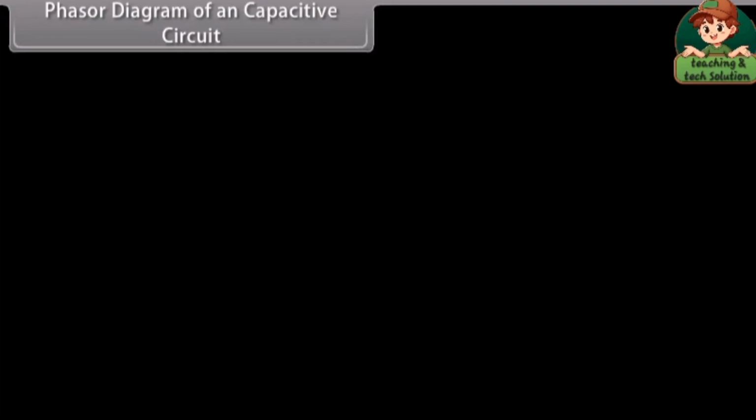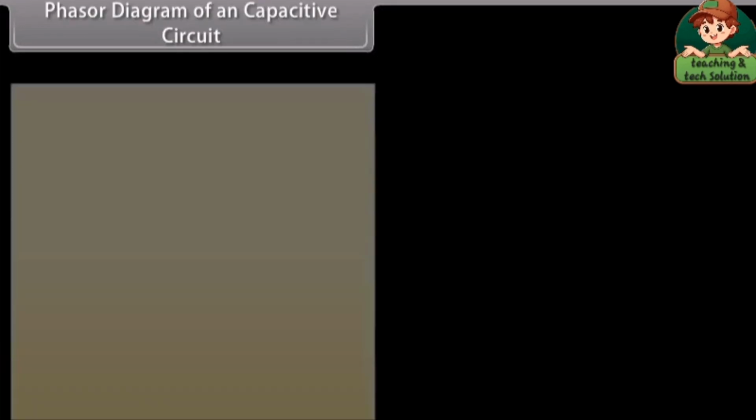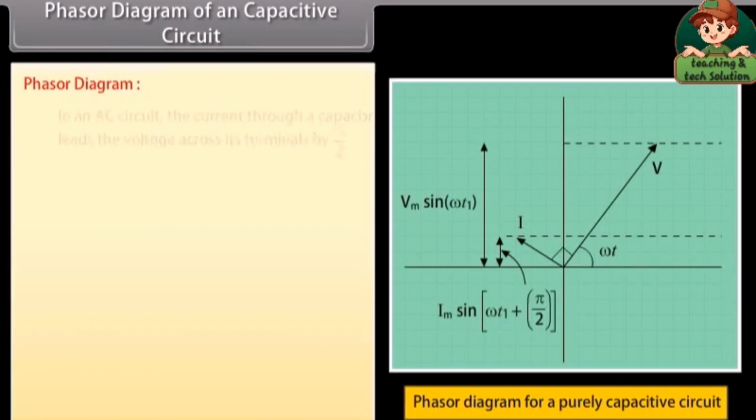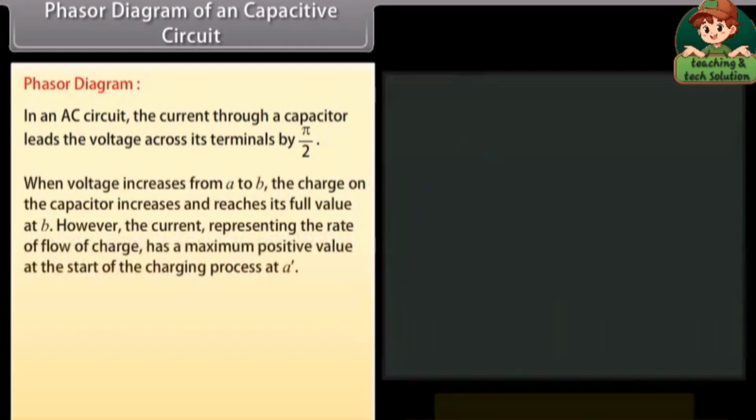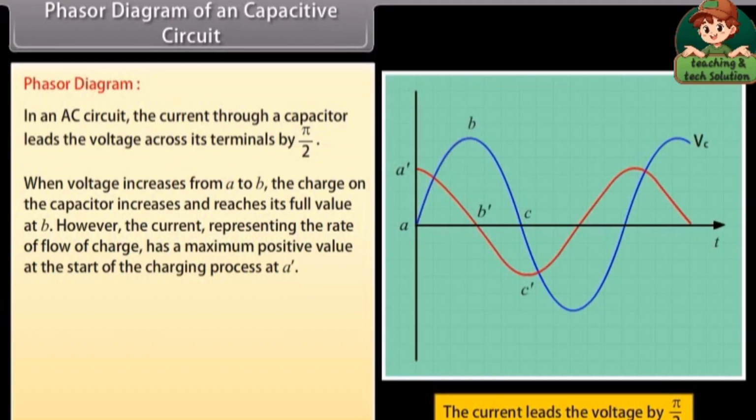Phasor diagram of a capacitive circuit. In an AC circuit, the current through a capacitor leads the voltage across its terminals by pi by 2. When voltage increases from A to B, the charge on the capacitor increases and reaches its full value at B. However, the current representing the rate of flow of charge has a maximum positive value at the start of